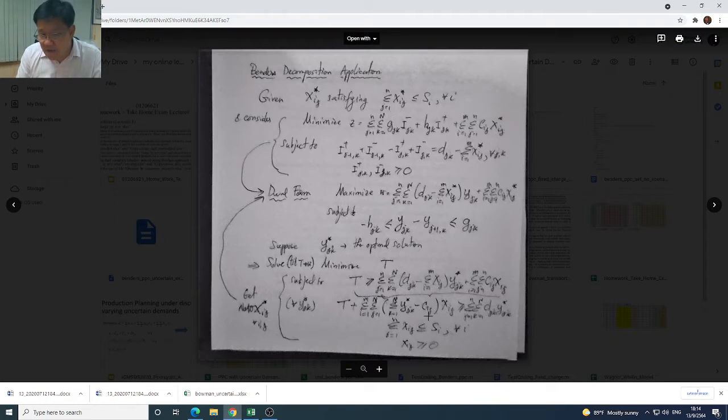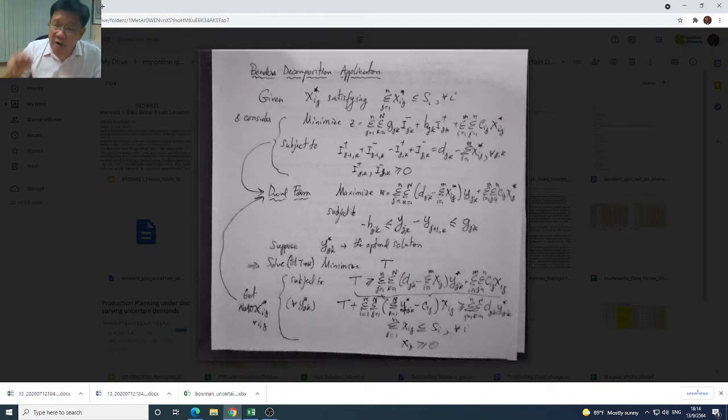The coefficient to find the new x is the summation over k equals 1 to n of y star jk. It means that you're going to sum up for each period j in scenario k. You sum for all scenarios, from scenario 1. In this case we have 10,000 scenarios. So you sum for all y, and then once you get that summation, you just